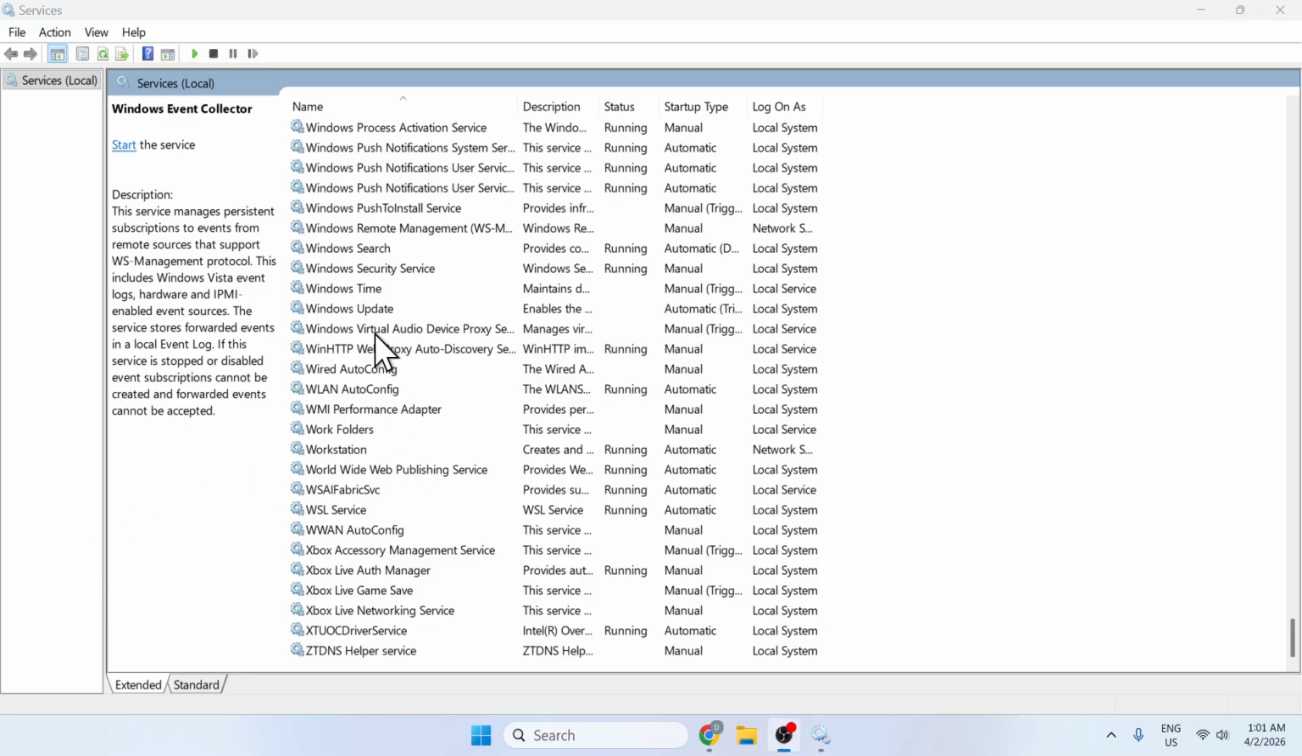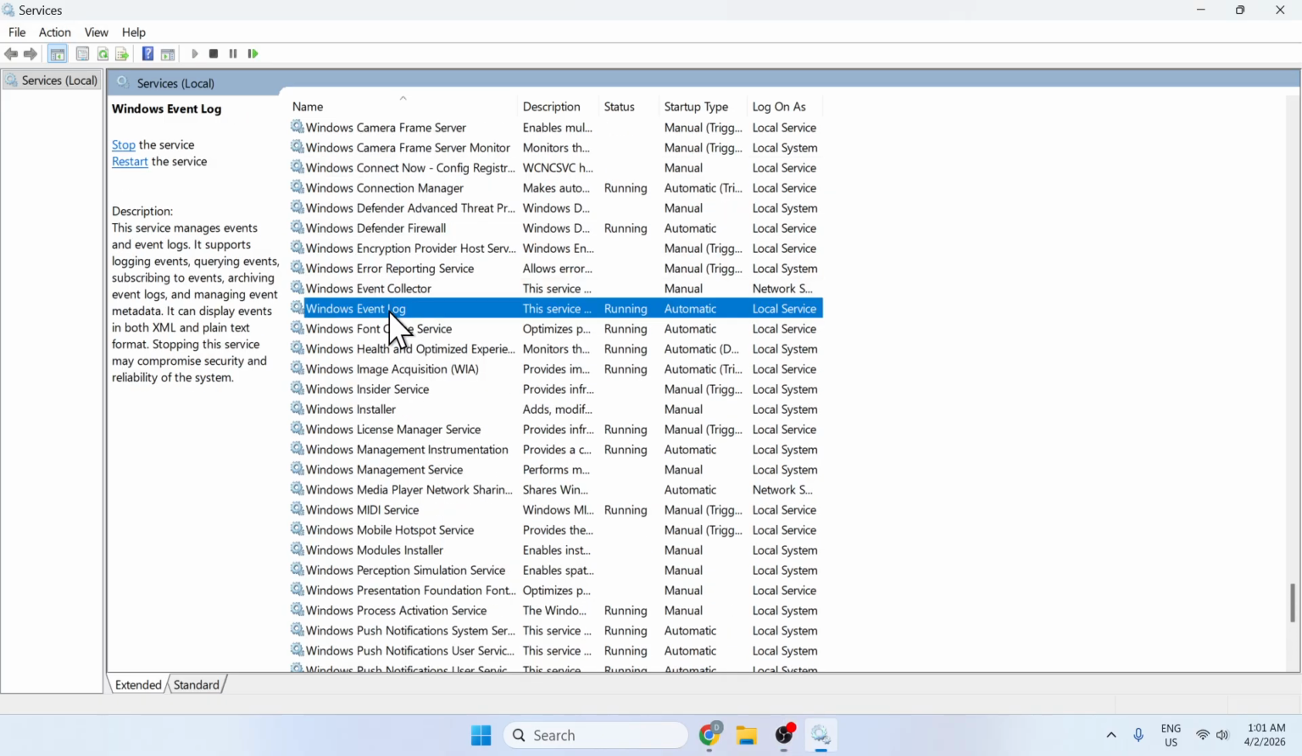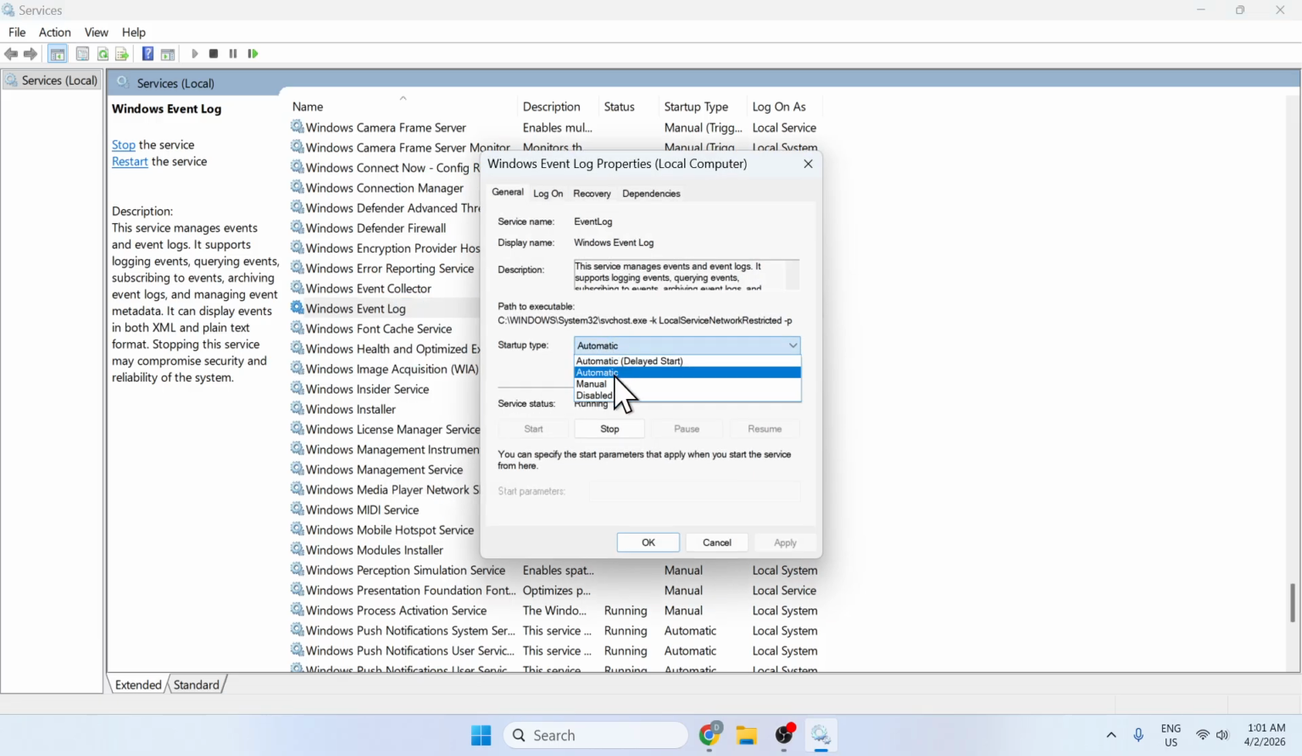Now you want to go down and find Windows Event Log. So it should be this one. Right click on it and then go to properties and make sure this is set to automatic and make sure you start the process. Here it's already started. So you can restart the process to refresh it if you want, but just make sure it's started and click